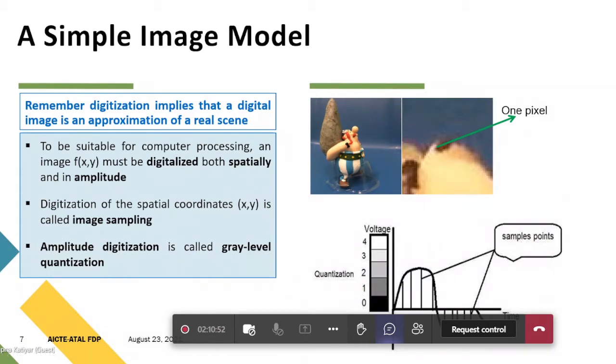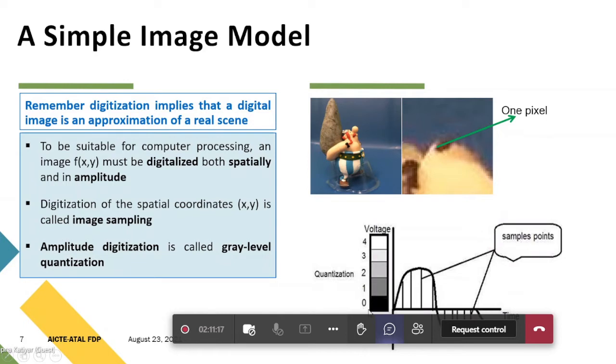But when we are saying digitization, here you can observe a waveform being shown. On the x-axis, time is being taken, and on the y-axis, voltage is being taken. Along the x-axis, various sample points have been taken. This is the image sampling. Along the y-axis, the voltage level, initially voltage is increasing, then voltage is decreasing.